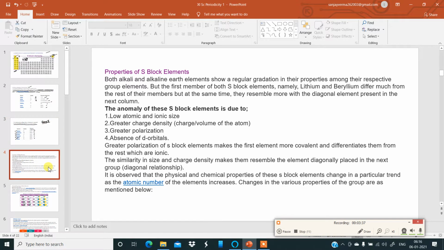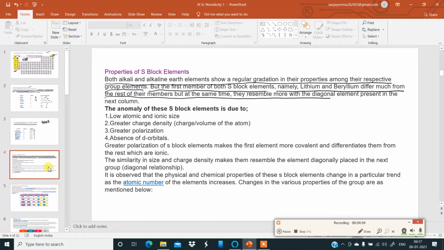Now properties. Properties of S block elements. Both alkali and alkaline earth metal elements show a regular gradation in their properties among their respective group elements, but the first member of both S block elements, namely lithium and beryllium, differ much from the rest of their members, but at the same time they resemble more the diagonal element present in the next column. Okay, so looking at the properties over here,